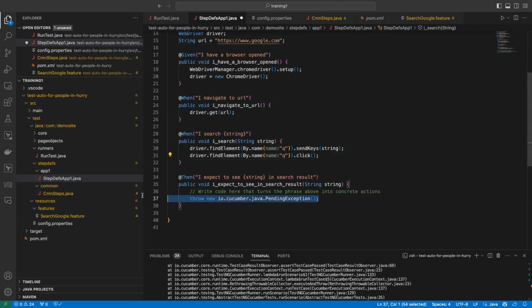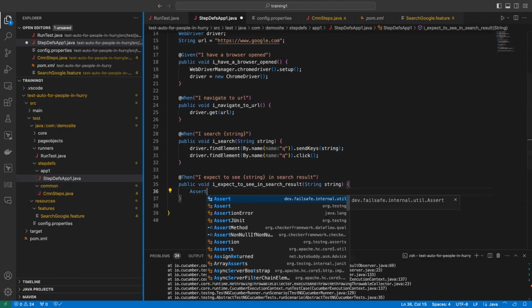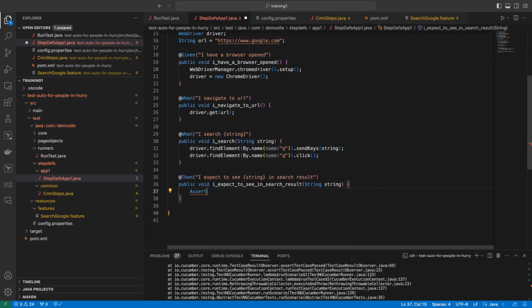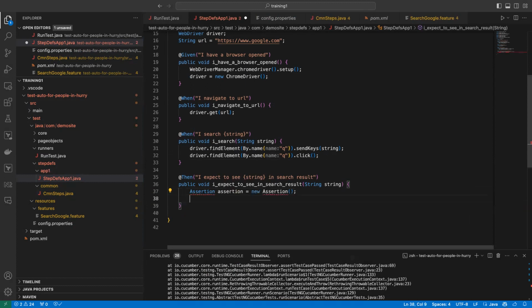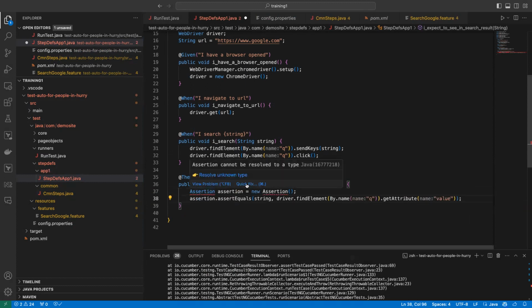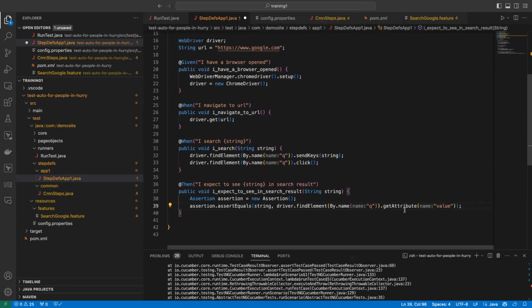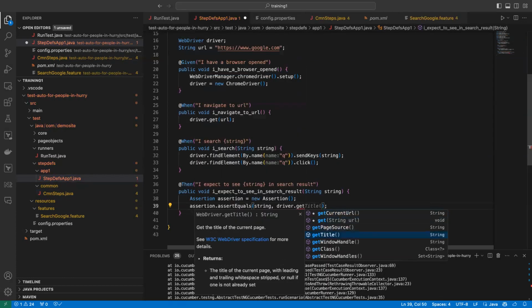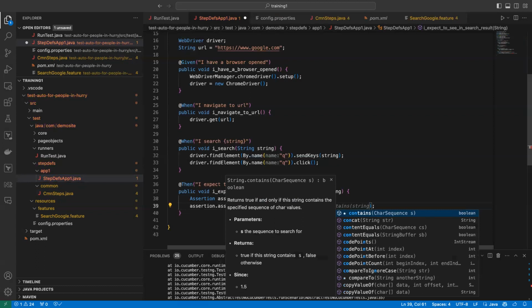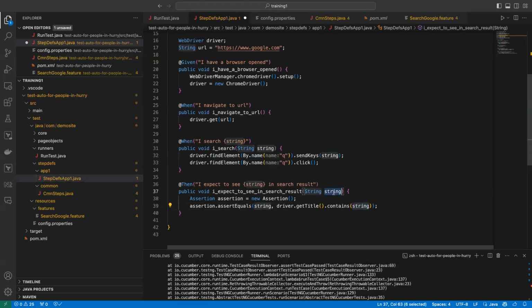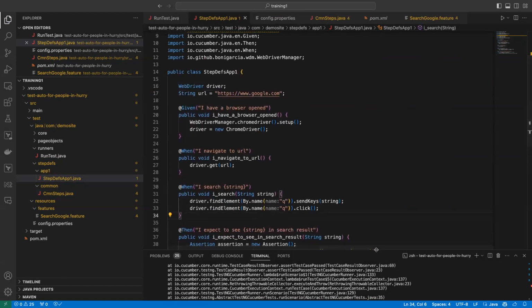Then I expect to see something. So I can put some assertion here. Okay, so I'll say assertion. Let's do it this way. Assertion dot string equal, quick fix, TestNG asserts. Okay, then I want to say the driver dot get title. Let's take the title, get title dot contains the string which I'm sending. Okay, I expect to see search results. Okay, fine. Then if I just run this,